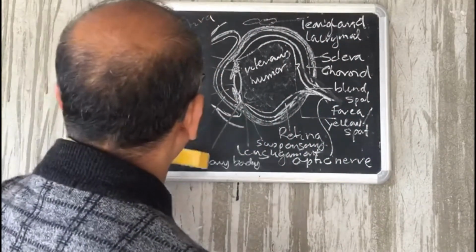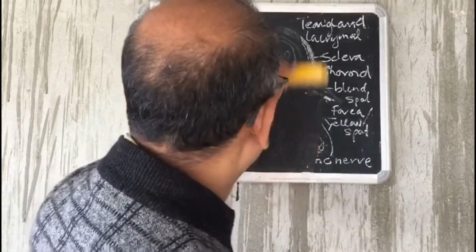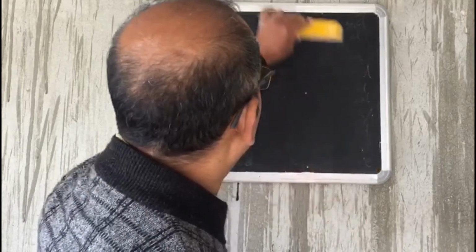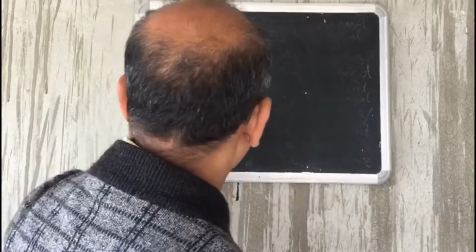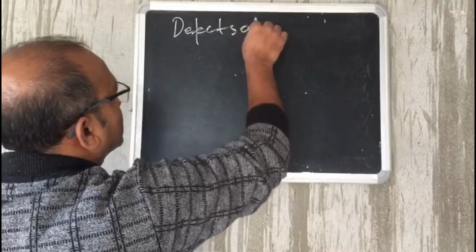Is it clear, boys? The structure of the eye. You can follow your books as well, and you can read defects of the